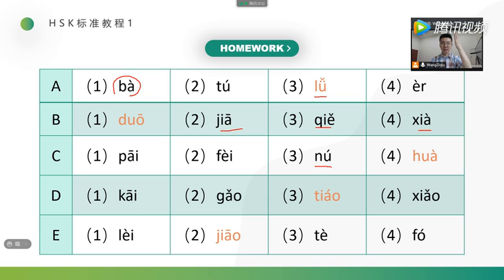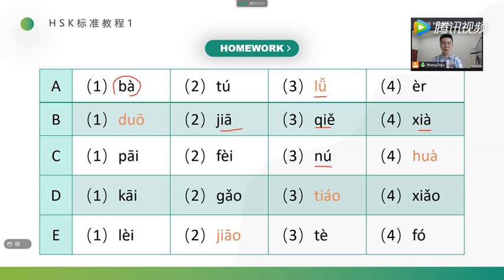N, U, second tone. 奴，奴。画，画。开，开。搞，搞。条，条。小，小。累，累。教，教。特，特。佛，佛。